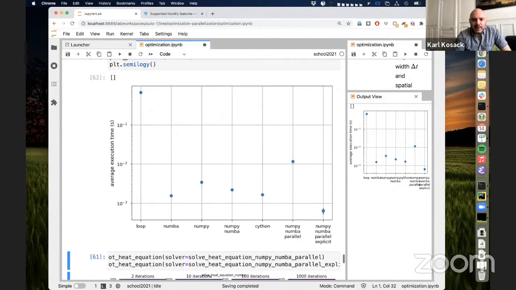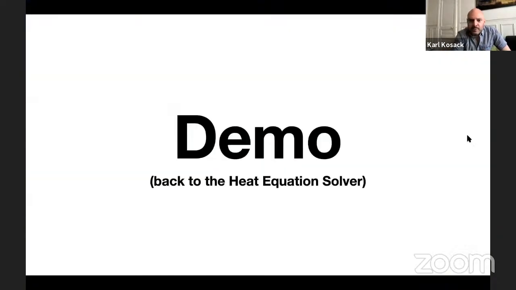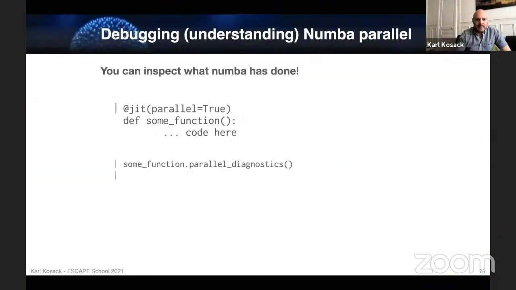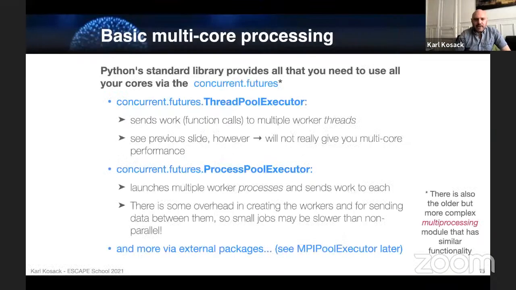So then the next thing I wanted to talk about, in the last few minutes, there's a few more things I want to show after the parallel diagnostics. There's a couple other ways you can parallelize things not using Numba, just using the pure Python standard library.